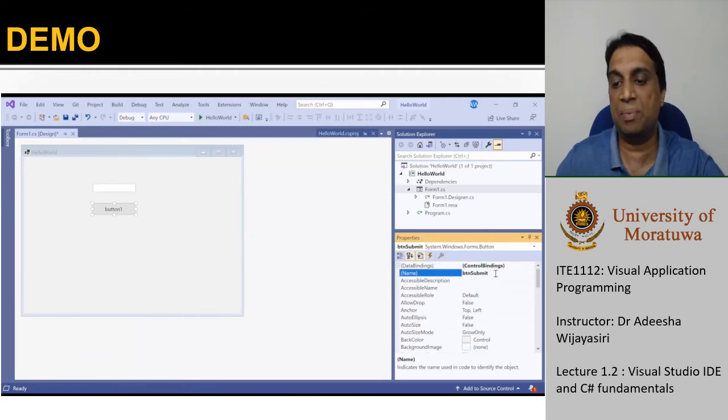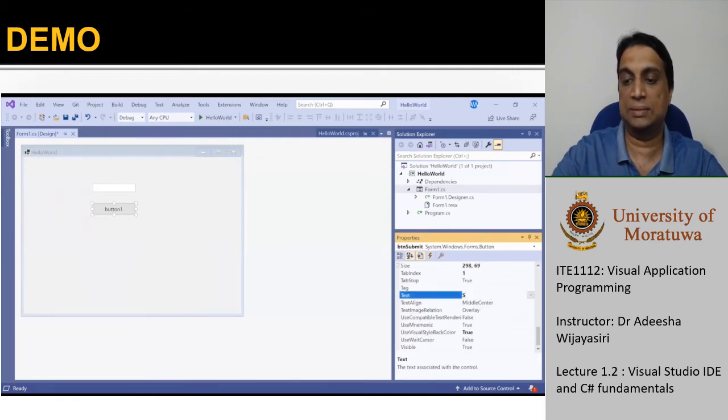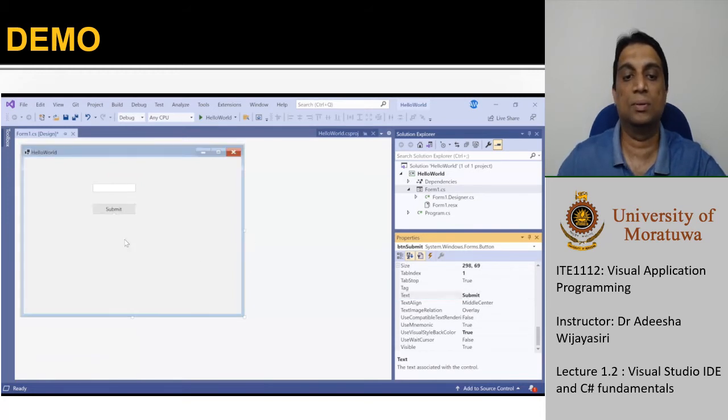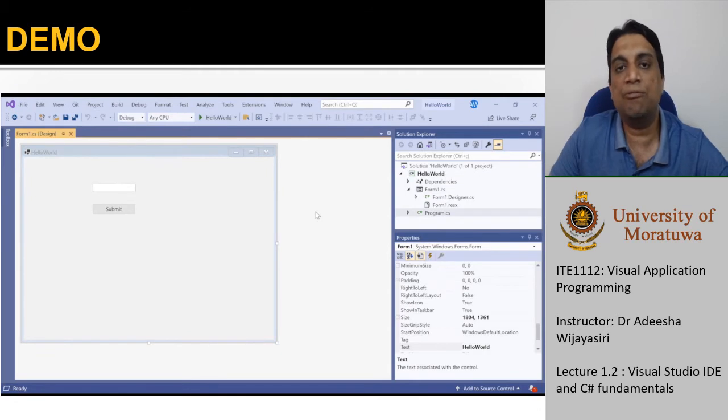You can select a preferable name for your variable name for the tools. And also the text I'm going to change to submit. So now you can see it is visible in our form. Now the user interface design of our simple application is finished.